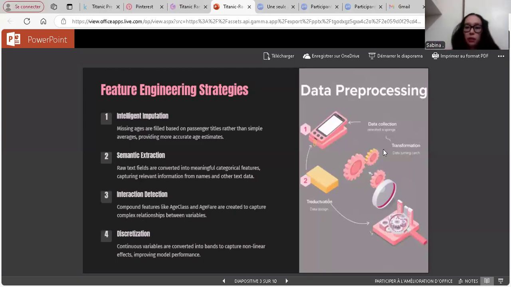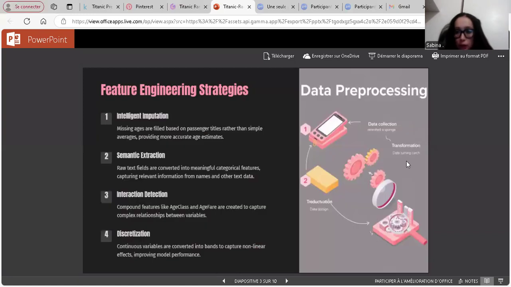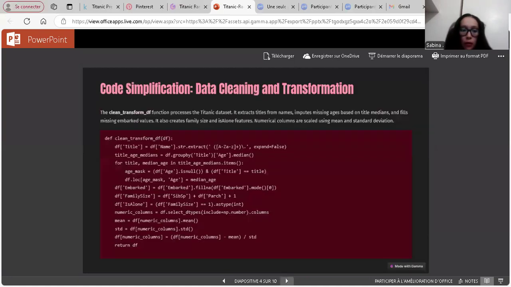So in this image, we can see data pre-processing with data collection, transformation, and so on. We have a lot of steps. So I'm going to talk about